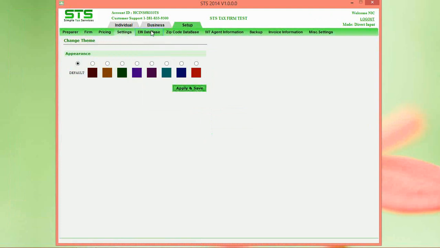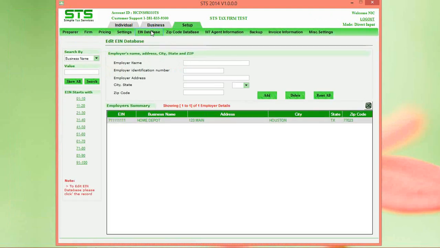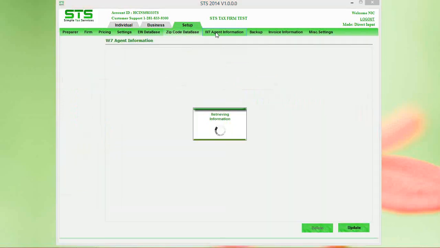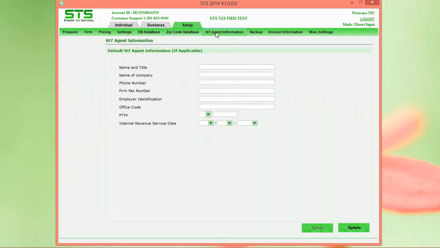Of course, all of our dynamic databases are included here for you to edit. You'll notice in here we have our EIN database that you can edit and change if something's different. You can bring these in at the beginning of the year or have a look at them at the end. Of course, here's our zip code database. Anybody who's a W-7 agent who has